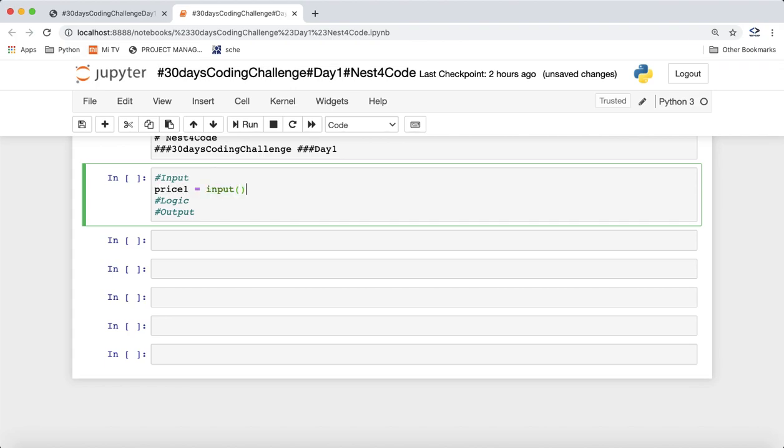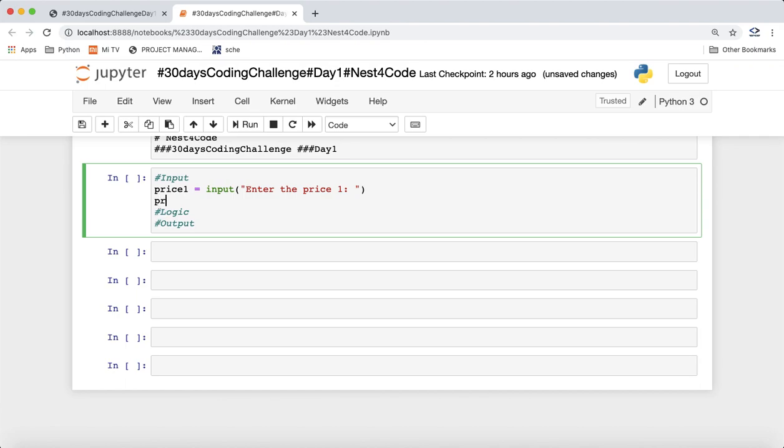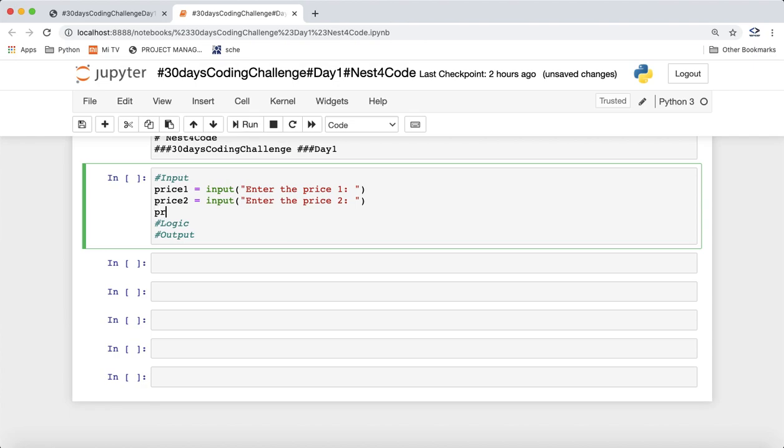We take price 1 input, enter the price 1, price 2 input, enter the price 2, price 3 input, enter the price 3.